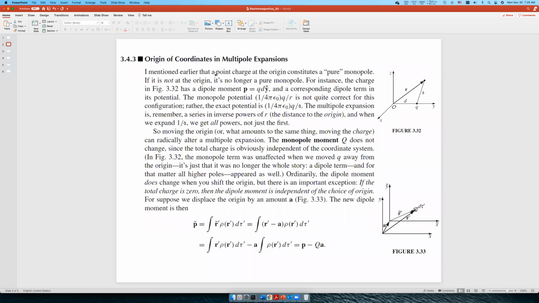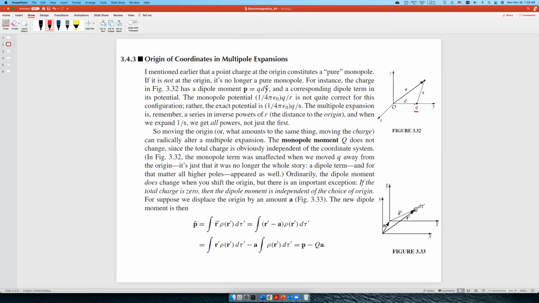So we mentioned earlier that a point charge at the origin constitutes a pure monopole. If it's not at the origin, then it's no longer a pure monopole. For example, if we see the figure 3.32, we will see now if we have a charge Q, let me draw some lines here. If we see the charge Q, which is not at the origin, if we move the origin to the left side of the charge Q, then